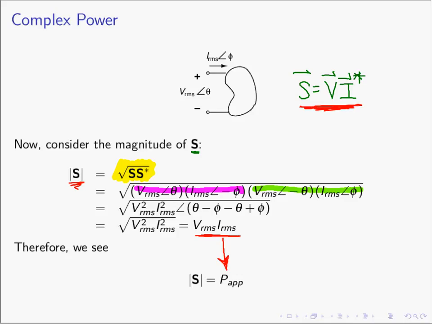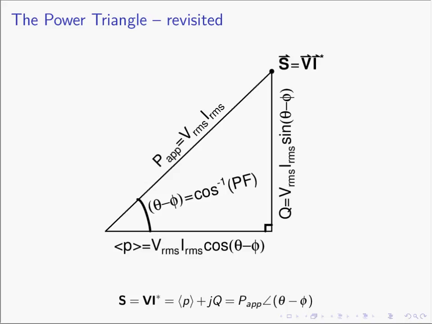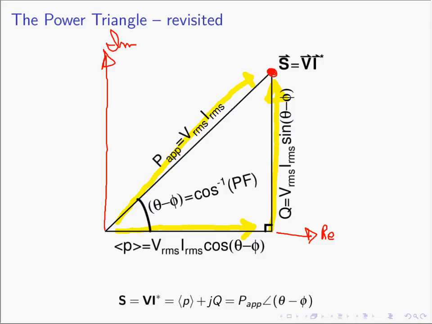Matter of fact, there's even more than that. If we take the power triangle and update it with our new information, we see that S actually is this point out here if this is to be viewed as a complex plane. So if this is the real axis and going up in this direction is the imaginary axis, then S is this point in the complex plane, VI conjugate. And as we just saw, if you proceed this direction, that's the real part, and then you go up this way, that's the reactive power. Or you can go this direction, that distance is the apparent power,